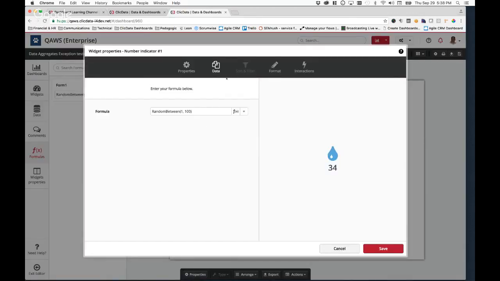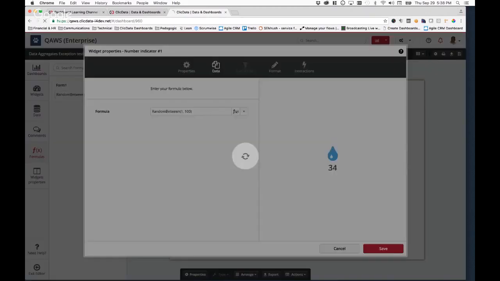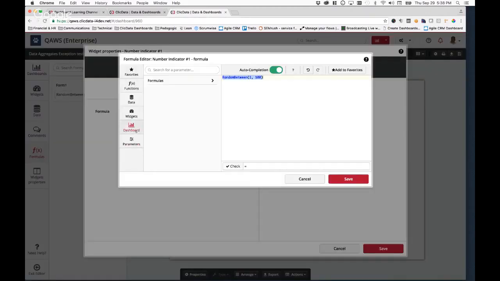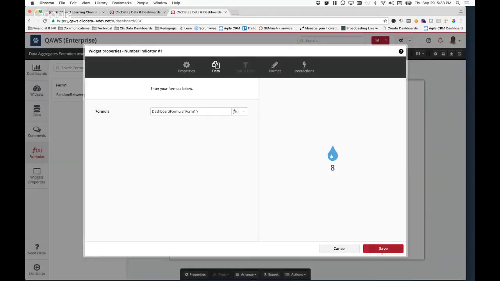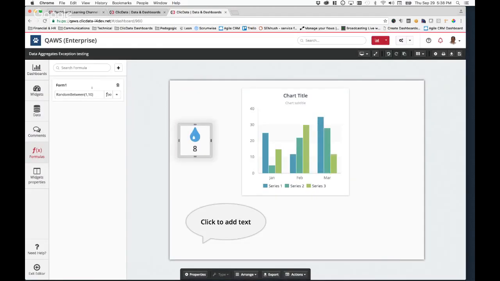in your widgets, in any other widget. So instead of this one, for example, you can now go to your formula, click on dashboard, there's formulas, and you have the form 1 that I just did. So you just say dashboard formula, and you give the name of the formula, and now you have a central place that you change, and all these widgets inside the dashboard will change accordingly. Okay, so that is the formula tab.